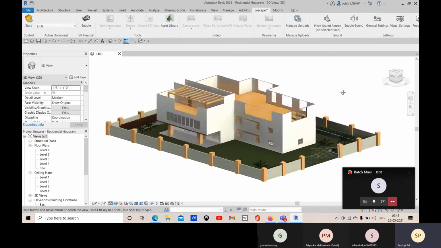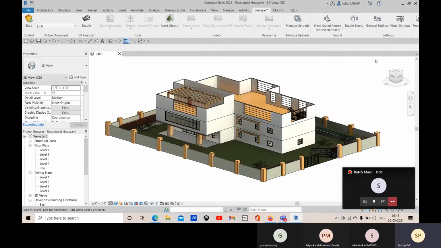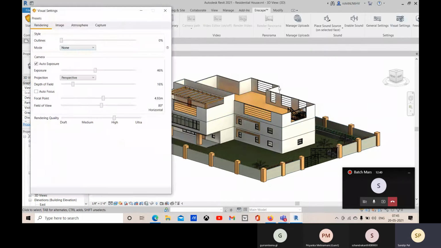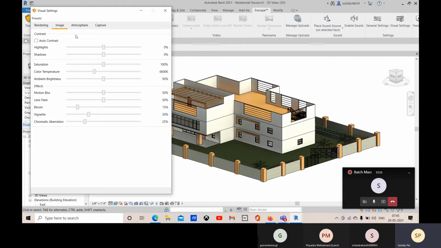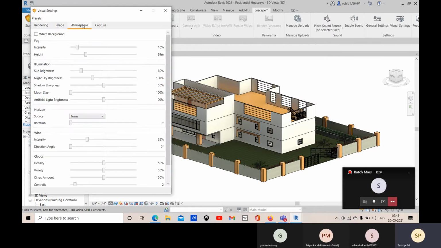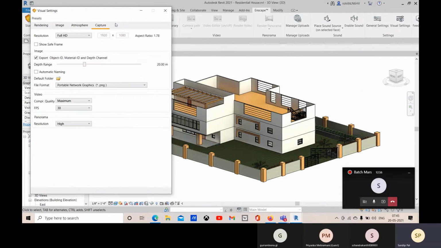And for that also we have some setting options, like the visual settings. So for rendering output, what will these settings be? I will apply all these settings, and I will show you practically. For image output, what will be the settings for atmosphere, for capture? So all these settings are available here.